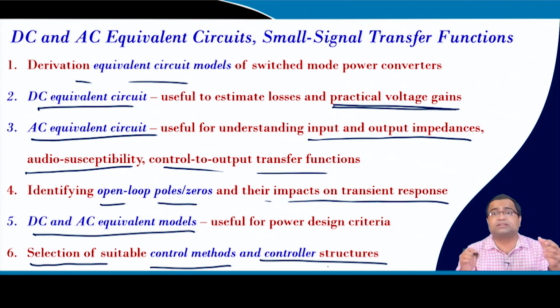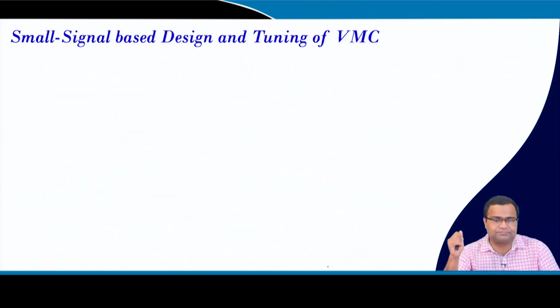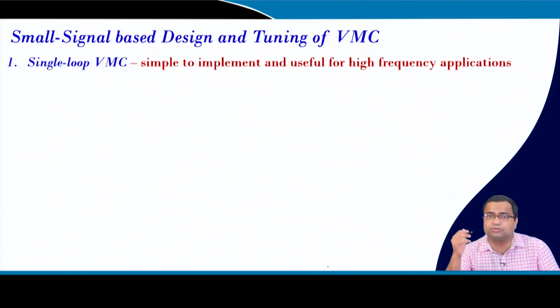So, then we considered a type 3 compensator, where we have considered one additional pole and that can increase the bandwidth with model validity, that also we have discussed, and by that way we can reach up to 1/10 of the switching frequency, the bandwidth. Then we discussed small signal based design and tuning of voltage mode control,